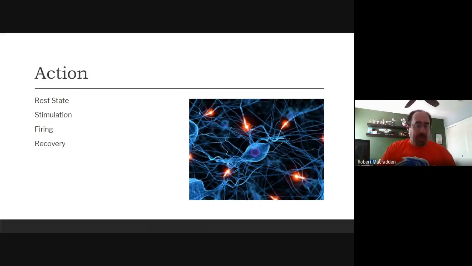While that's happening, your brain has to recover from the process. So once it has fired, it needs to recharge. So it has to regain that electrical potential. So it has to recover in that state. Okay. So you go from rest to being stimulated to firing to recovery, and then back to stimulation, fire, recovery,